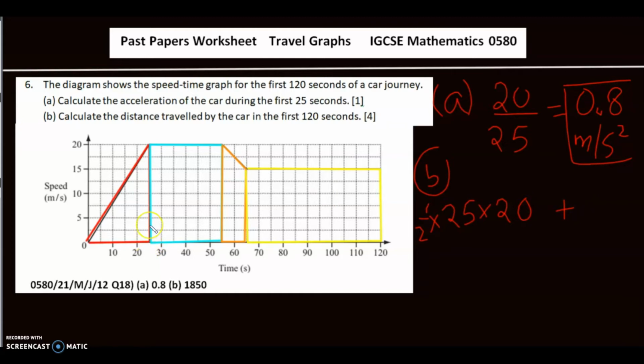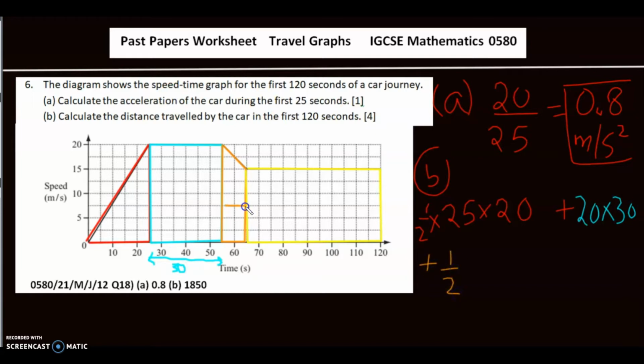So the length is 20 units times the width, which is from 25 till 55, so that's going to be 30 units. So we have length 30 over here. So times 30, and then the area of the trapezium, which is going to be half times